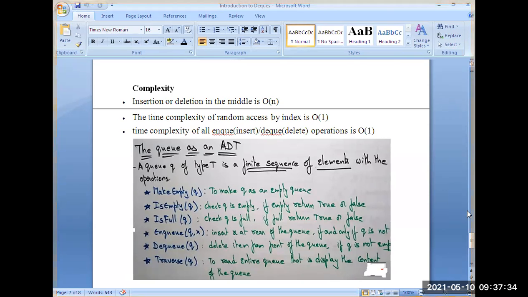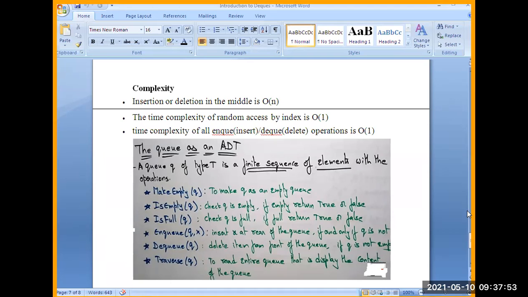And traverse. So traverse means you have to display all the elements in the queue. So just write the display function to see the content stored in the queue. So this is about Q as ADT.